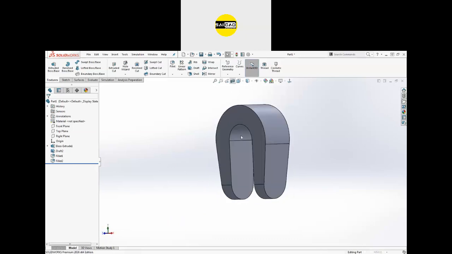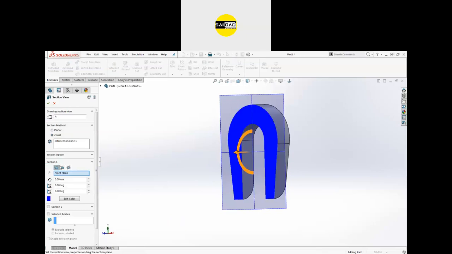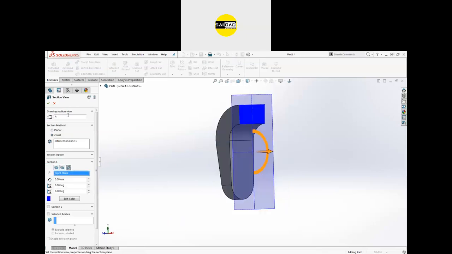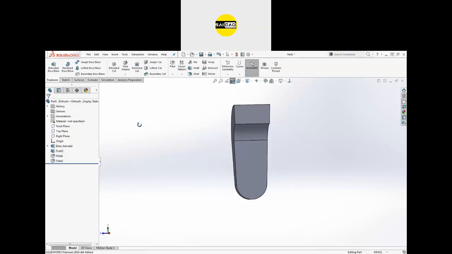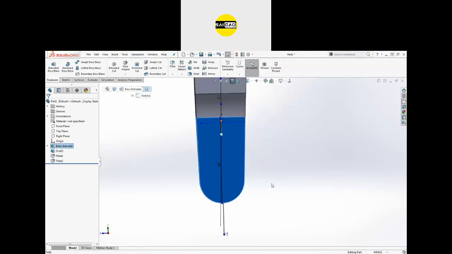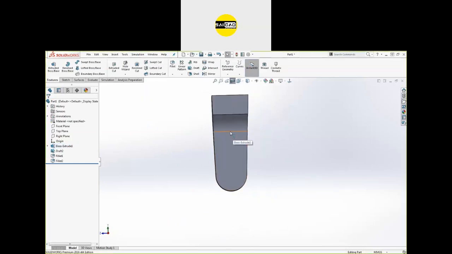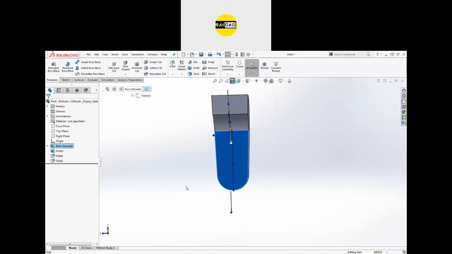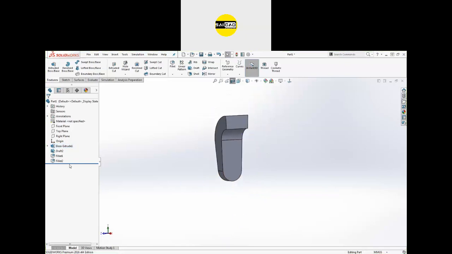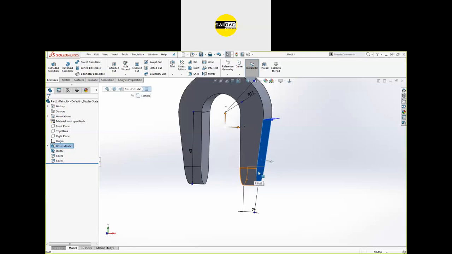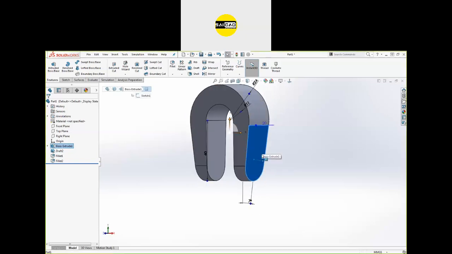If you go to the section for this one, so here you will see the shape that is required. Okay. Now we are left with the hole command. Let's create the hole. To create the hole, you can just simply select the face, but if you select the face, the hole will be created in the angular direction, okay, according to this face.